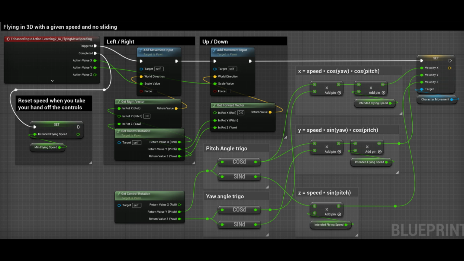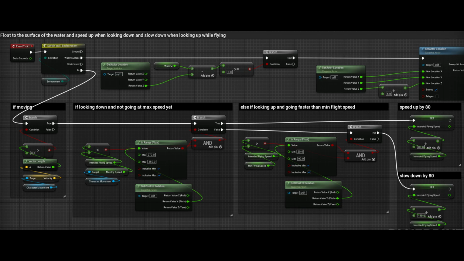Coming back to our event tick, we saw that every frame I check what environment I am in. If we're in water surface mode, we float back to the surface. If we're in air locomotion mode, I only want my speed to change if I'm moving. So I check if my current speed, which is the length of the velocity vector, is greater than 0. If I'm moving, I want to increase the intended flying speed when I look down and decrease it when I look up. To figure out where I'm looking, I get the camera angles from get control rotation and check the